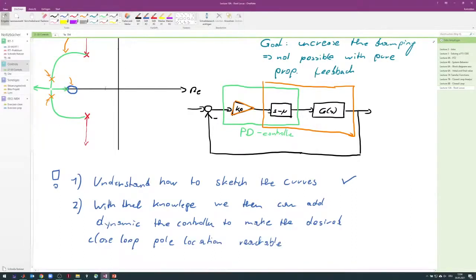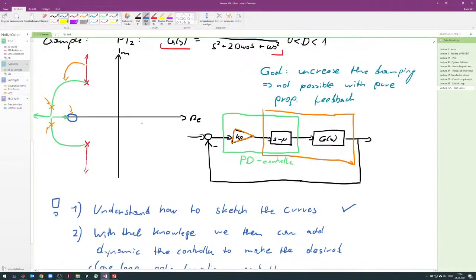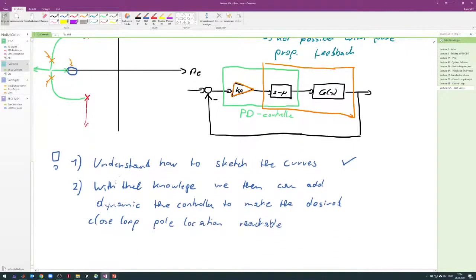So let's say if you say, okay, I have that red system and I want my poles to be here somewhere, then you need to understand how you change that green curve, because the green curve needs to go through that point here, because otherwise you cannot place your poles there, right? So this is the first thing. And then you calculate the gain to place it finally there. So this is the very high level strategy of how you actually design